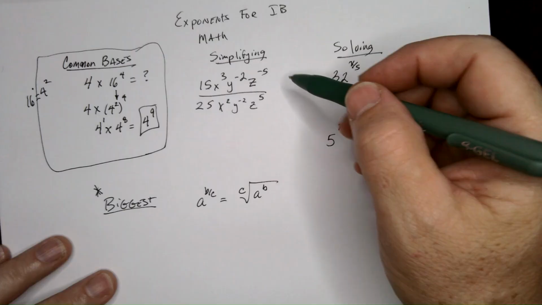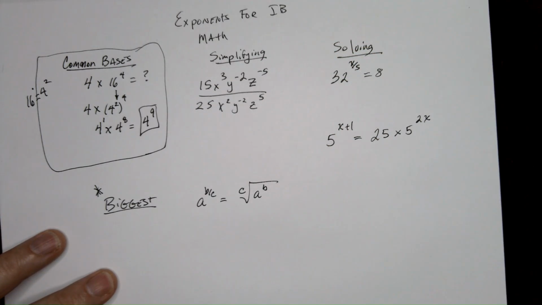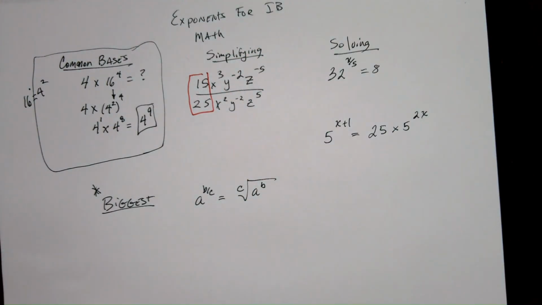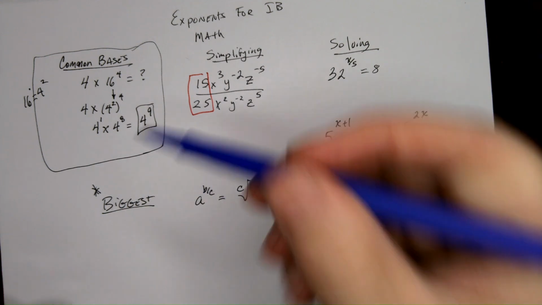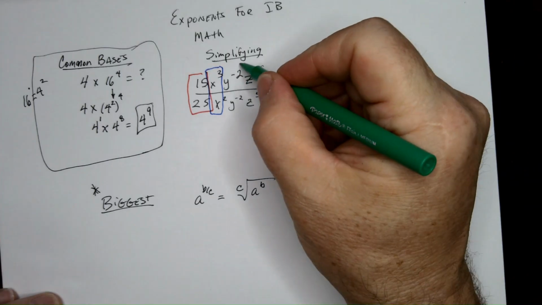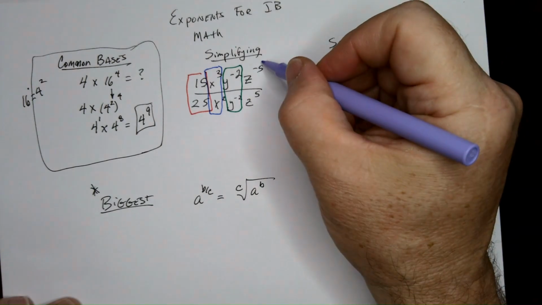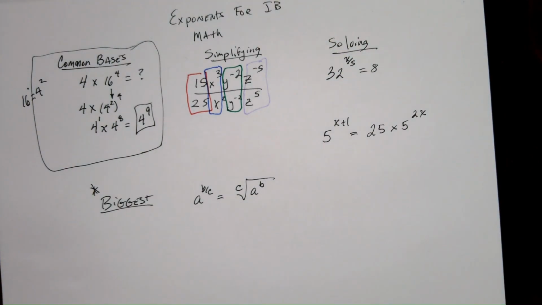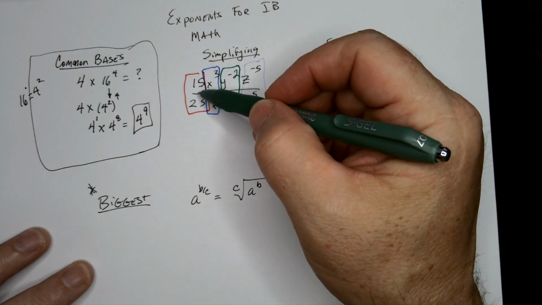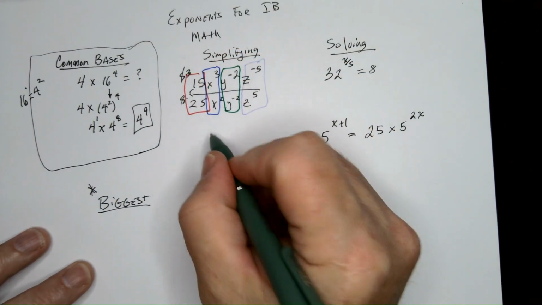Okay, so got common bases down. Now let's talk about simplifying. These can seem really overwhelming. It seems like there's too much stuff going on, but I think if you look at it like this, look at those numbers together, right? And you simplify those, and then separately you look at the x's and you look at those as if they're their own problem, and then you look at the y's together, and then you look at the z's together. It's not so bad. It's much more manageable. You just take one little step at a time, right? So let's do this first. This is just reducing. It's 15 over 25, so this is, of course, 5 and 3, and this is 5 and 5. So that part's going to become